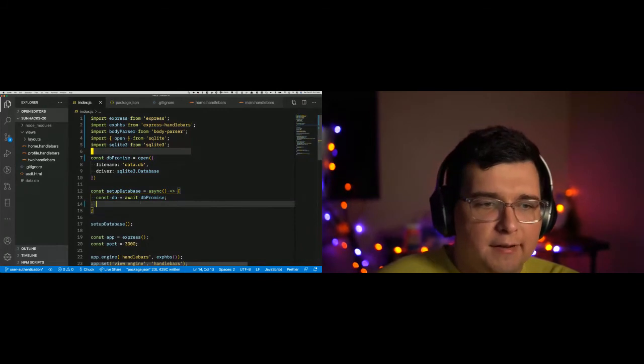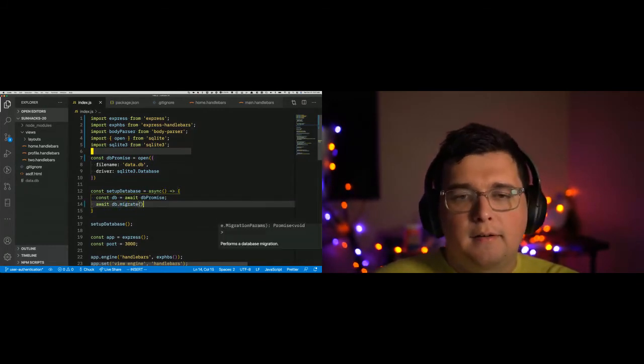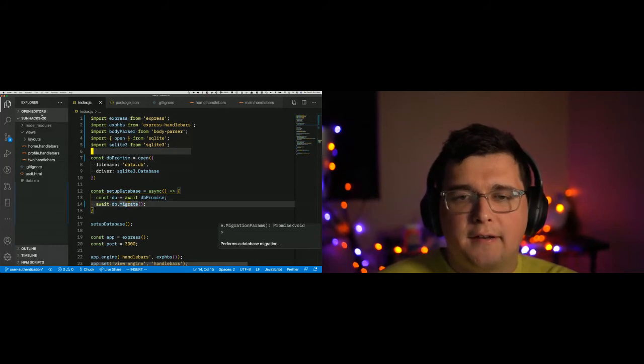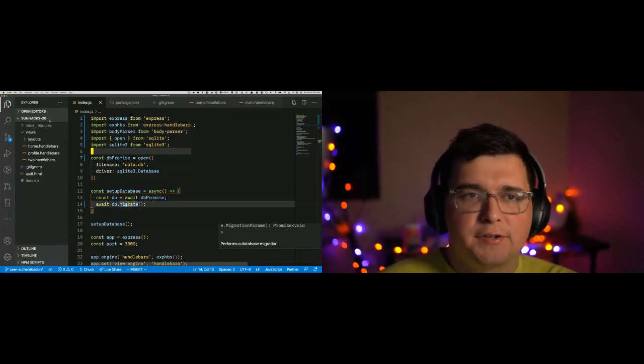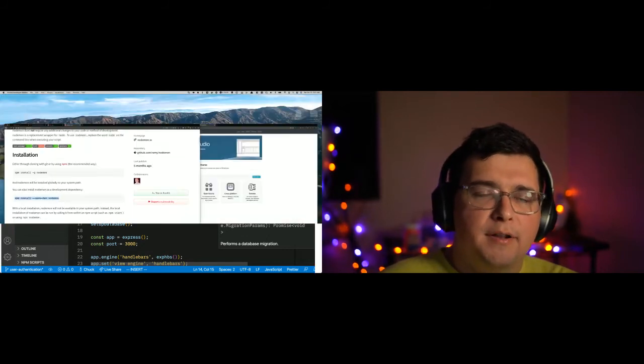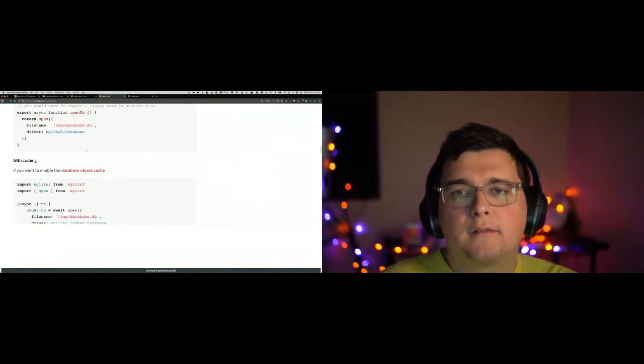So what I'm going to do instead is I'm going to say await db.migrate. That'll just instruct the database to run its migration. So how the heck do migrations work? Well, it depends on the library you're using. But the way that SQLite does it is